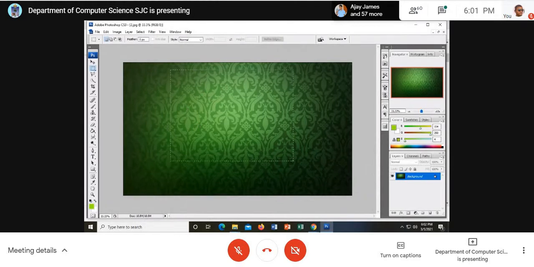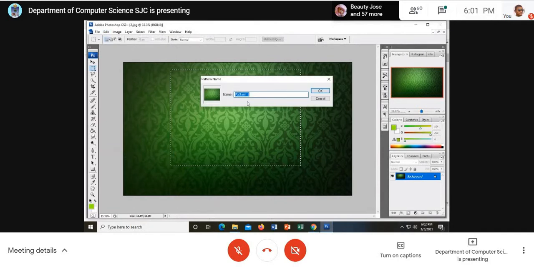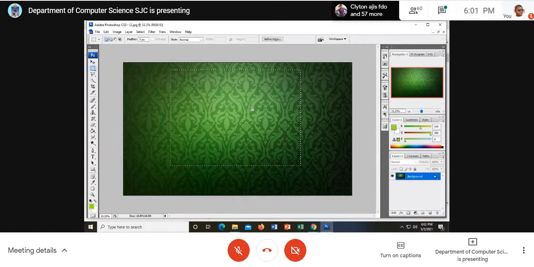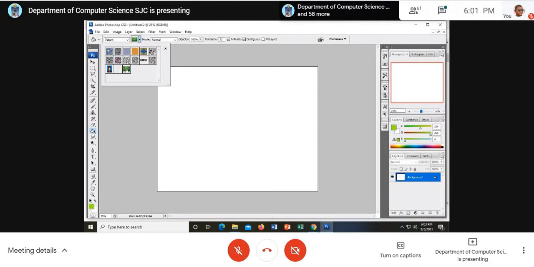So I just drag using what tool? Somebody can tell me what is the tool that I have chosen? Rectangular Marquee tool. Yes, I have chosen it. Go to Edit and Define Pattern. See, I have chosen a particular portion alone. Now I just name it as green. Now it's over. Now I close this file and go back to the older file that we had. I have to choose the paint bucket tool. On the top, you choose Pattern. Then select which pattern you want to use. I just select the pattern and click here.